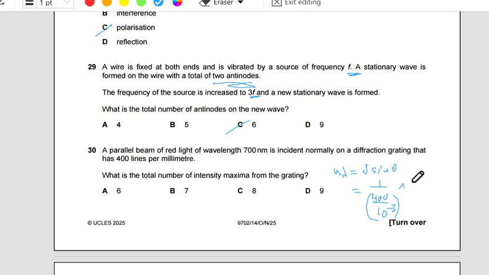Theta is 90 and sine theta is 1, because the question asks about total maxima, times 1 over lambda converted to meter, so it is 700 times 10 to the minus 9. If you calculate this, it will give you